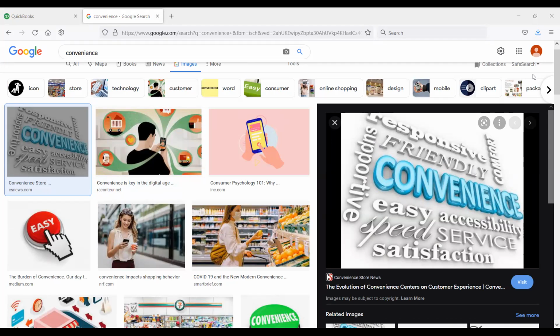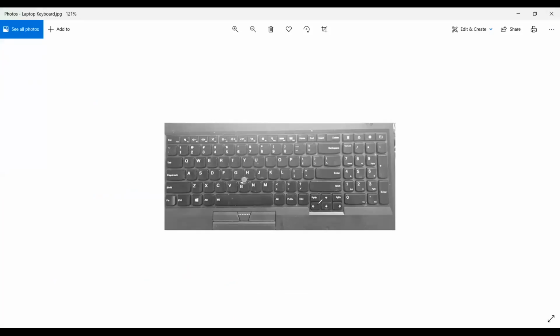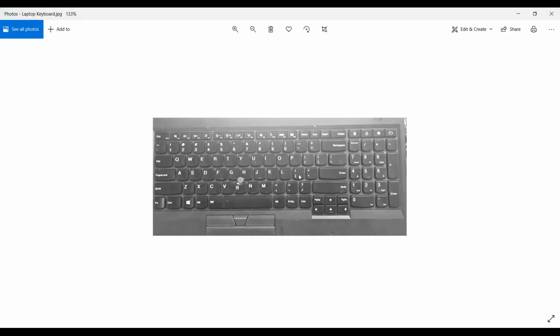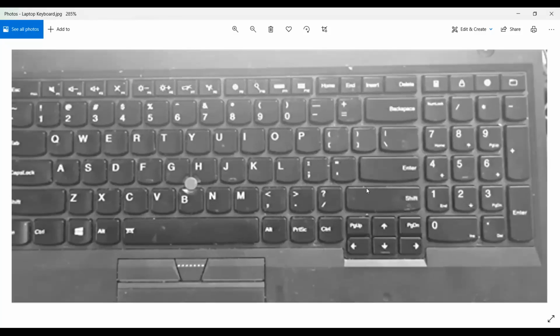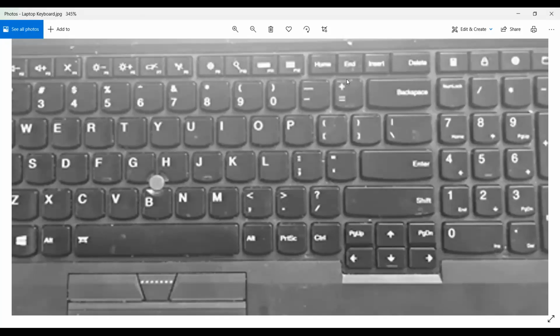I have got a button and it says print screen. So that means take a snapshot of whatever I am looking at. All right. Sometimes it's on another key and it will be